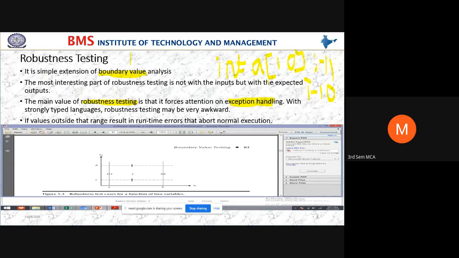Because the maximum range of this variable a is only 10, but I'm giving the 11th value. To avoid the program terminating abruptly, what do we have to give? We have to give a proper error message to handle the exception.